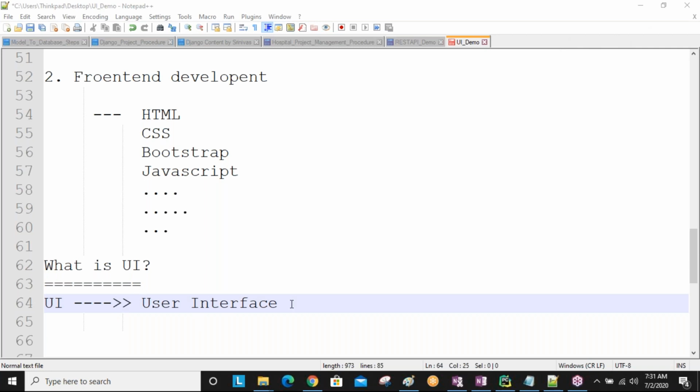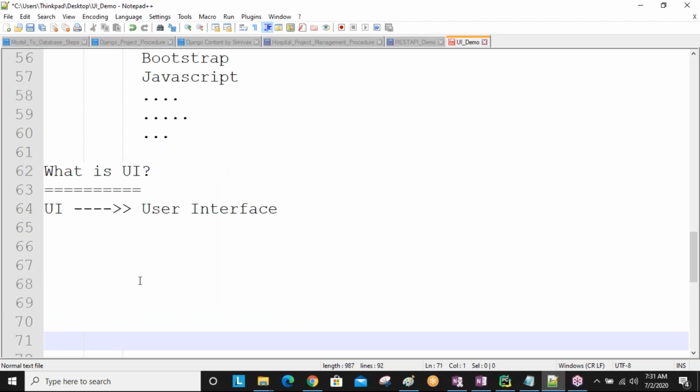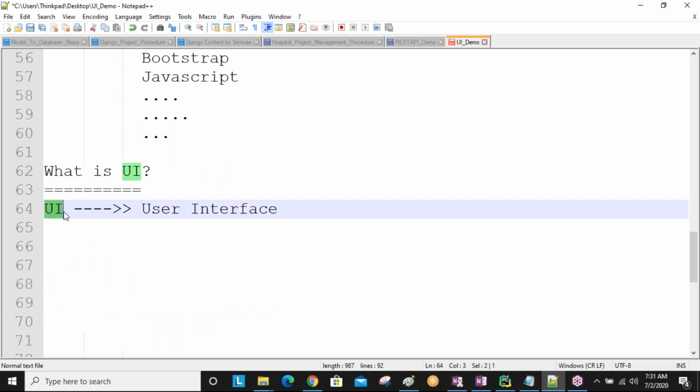So UI stands for user interface, which is nothing but acting like a mediator or translator between the user and the computer. For example, here one user is there.